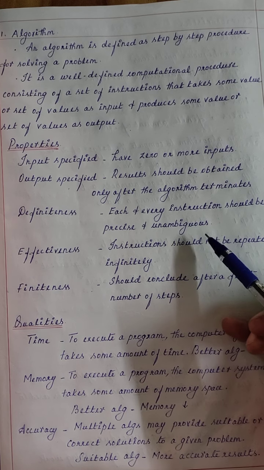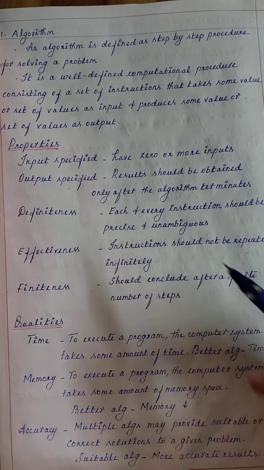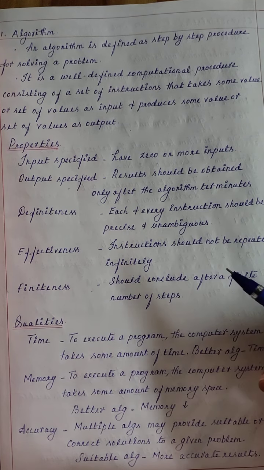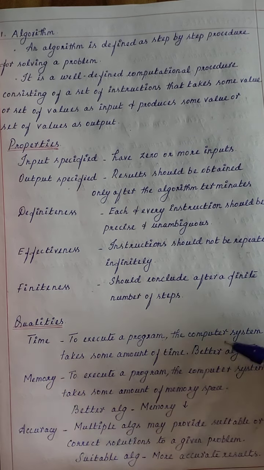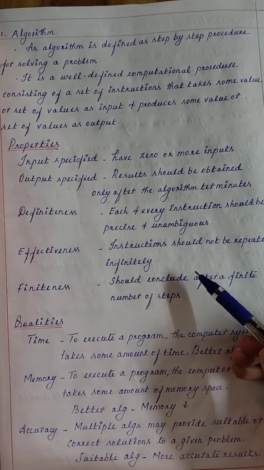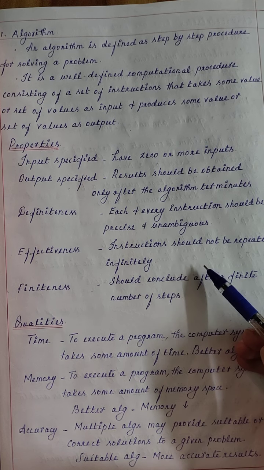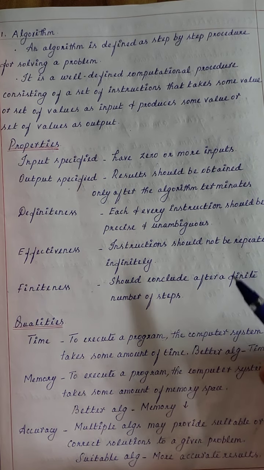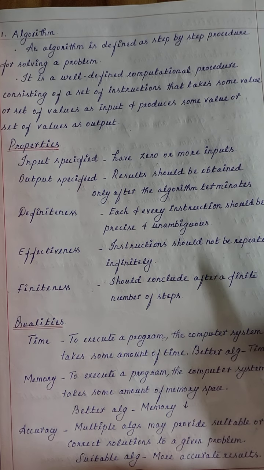Okay, and the third one is definite. That is, an algorithm is a set of statements or a set of instructions. All these instructions must be written in English-like sentences, and they must be very clear. Okay, and the fourth one is effectiveness. That is, all algorithms must work in a very effective manner.